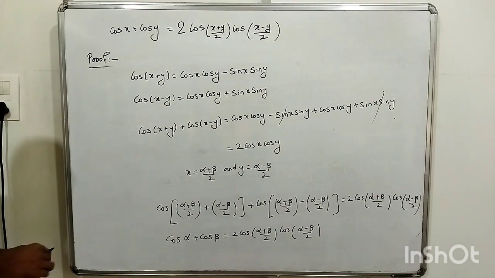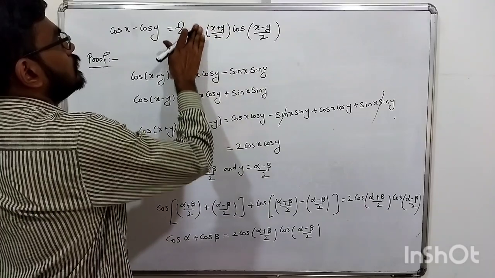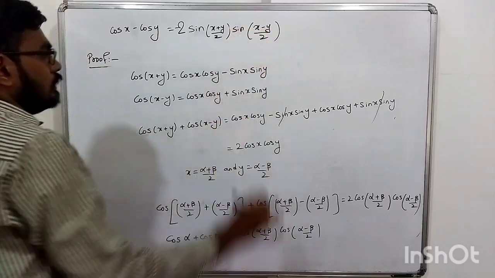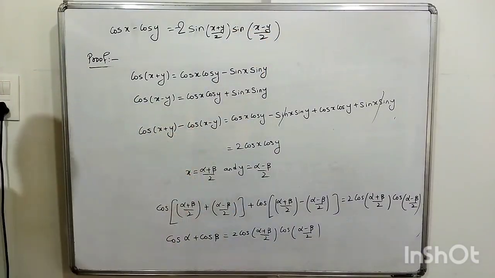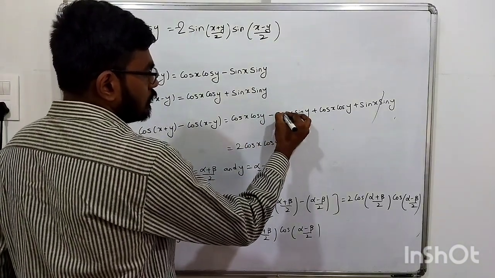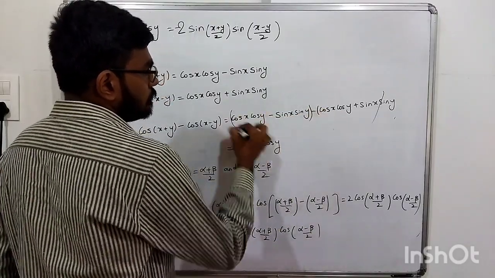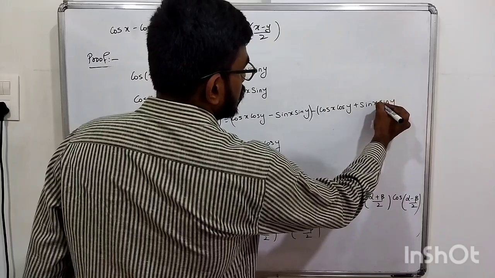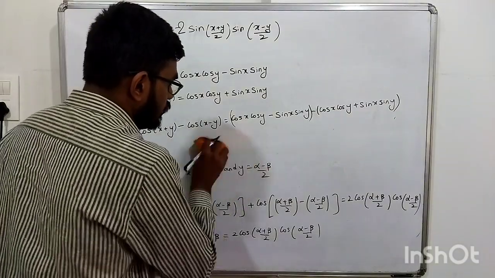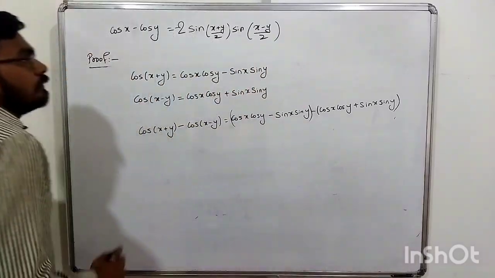And the last formula, that is cos x minus cos y, is minus 2 sin x plus y upon 2 sin x minus y upon 2. Okay, so here it will be minus, correct, and here this will become like this. This is minus in the middle and this is plus. Okay, like this it will become. And then what we'll do, we'll simplify this. What we'll get? Fourth formula we are deriving.